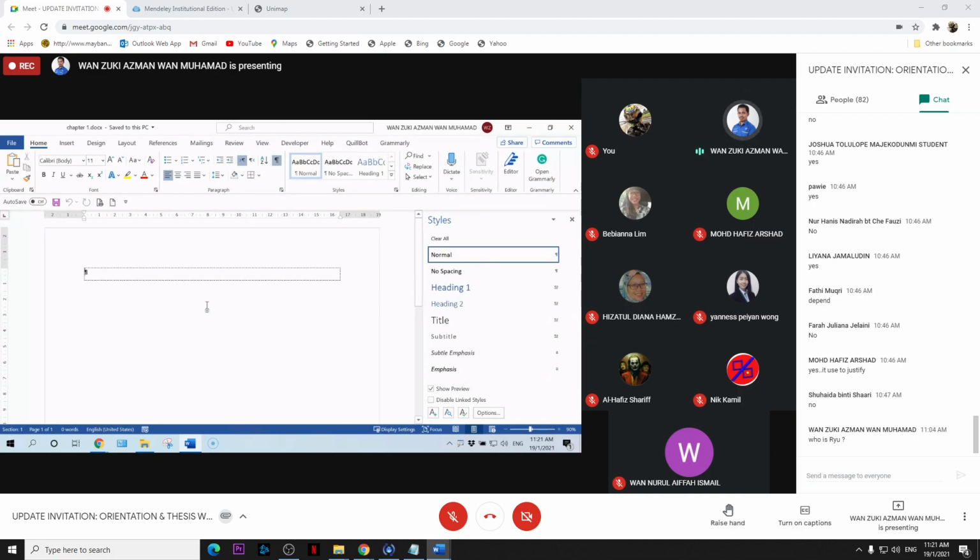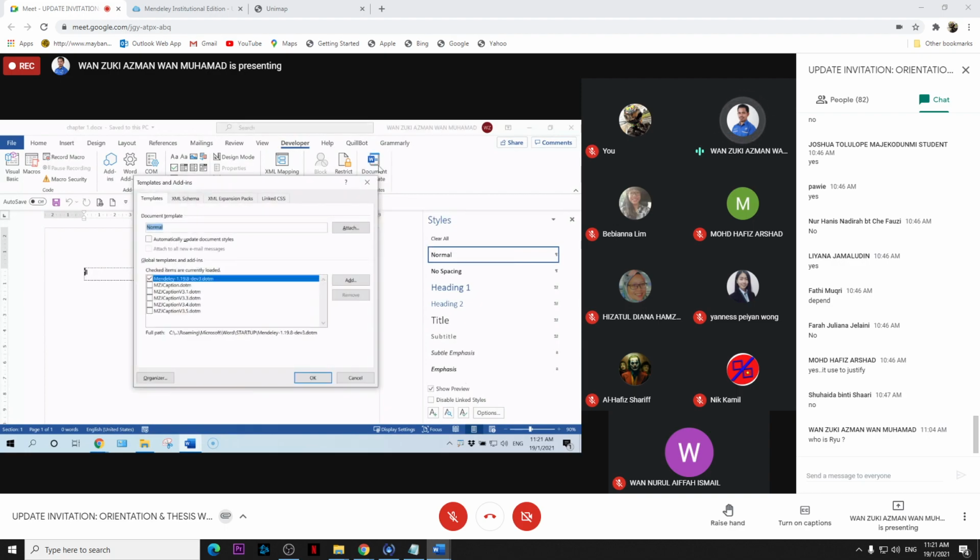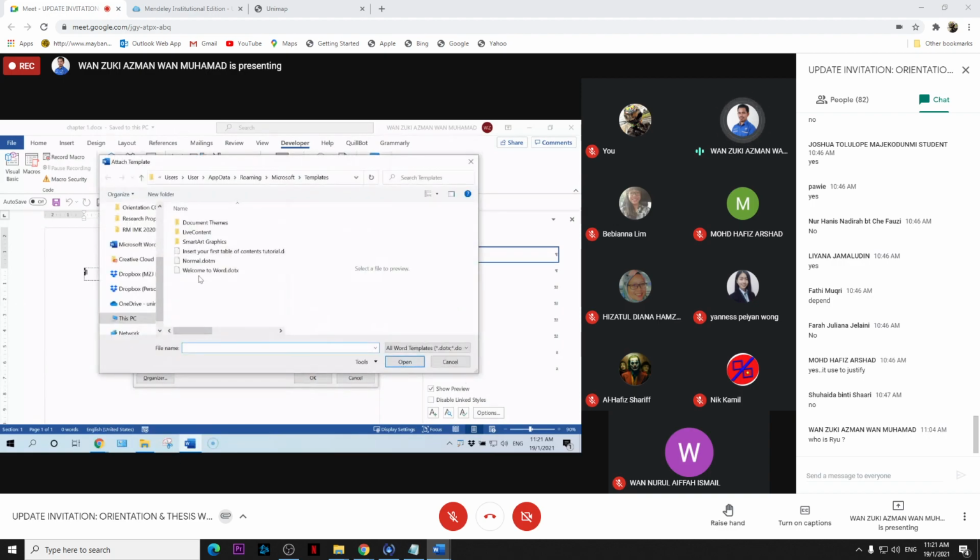So what you need to do, go to developer. That's why you need this developer tab. Go to developer, then document template, and then click attach. Then you find where you saved the template.